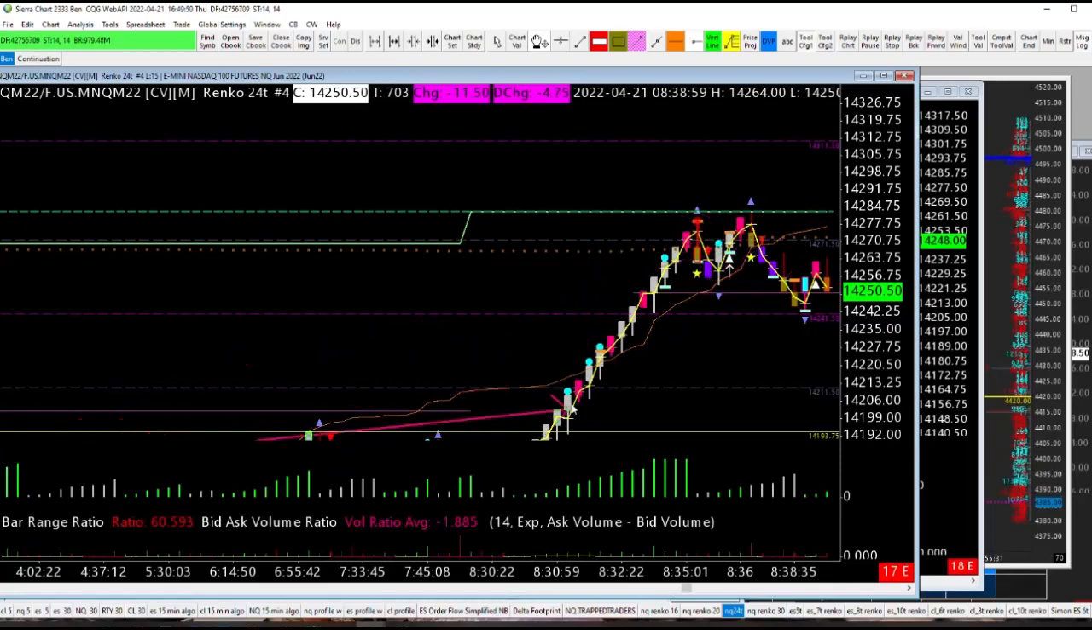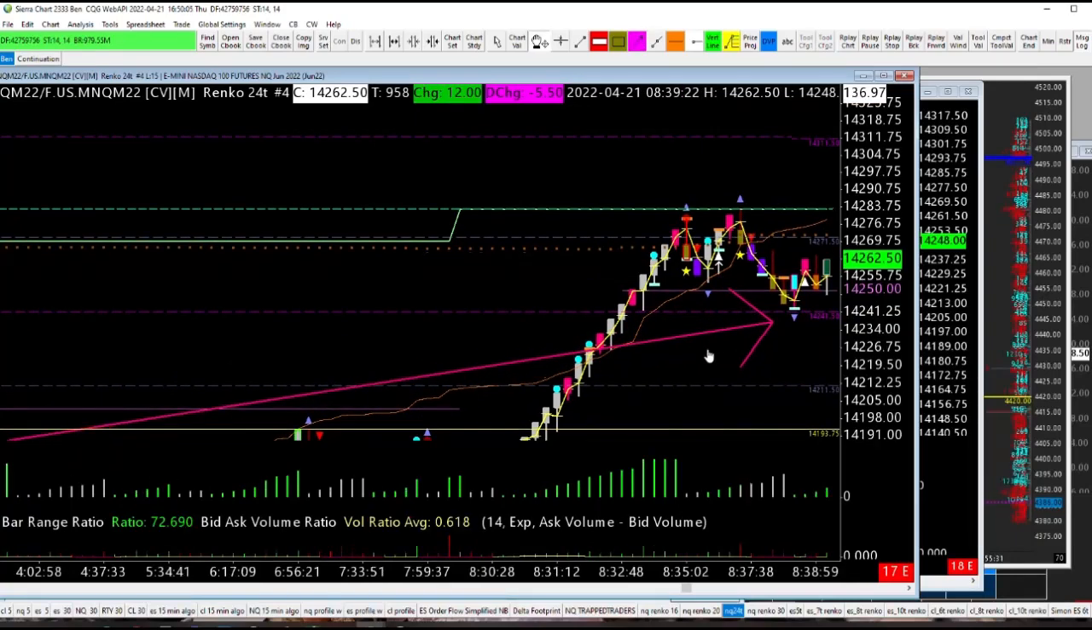So if I longed this pullback and I get this short signal, even though I'm above the 3x variance of VWAP, I can sell it there. It's a great place to sell. It's just not a great place to sell expecting a huge pullback or to take out the low like it did today. So come back to the midpoint